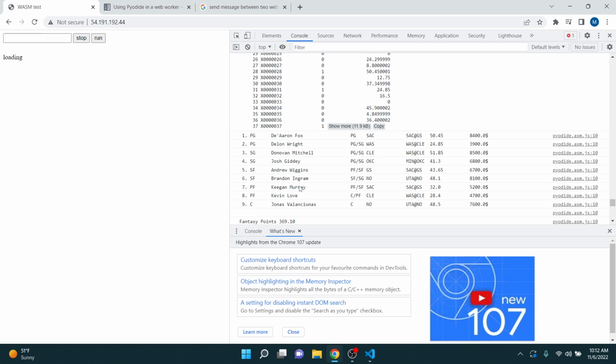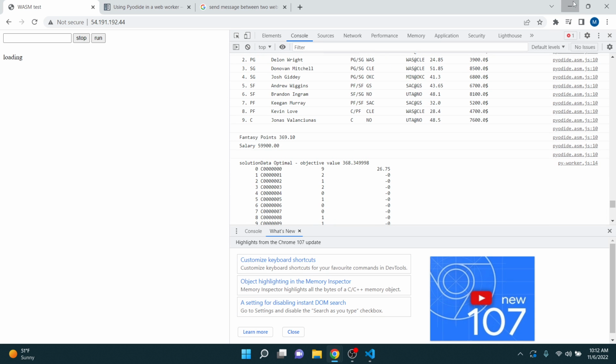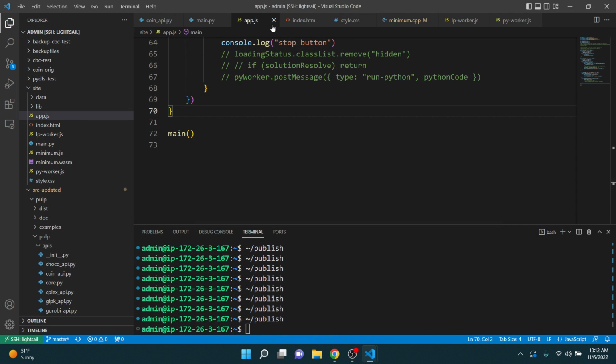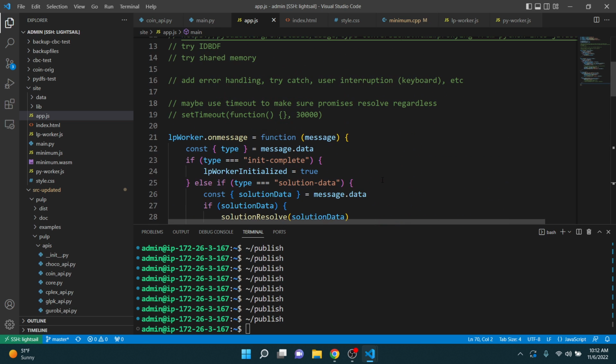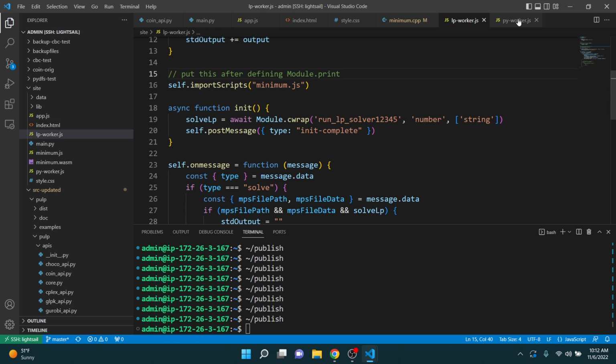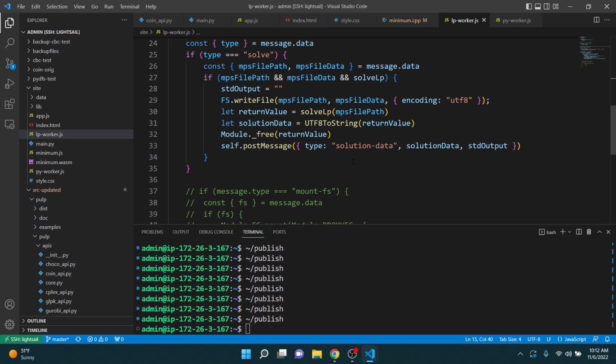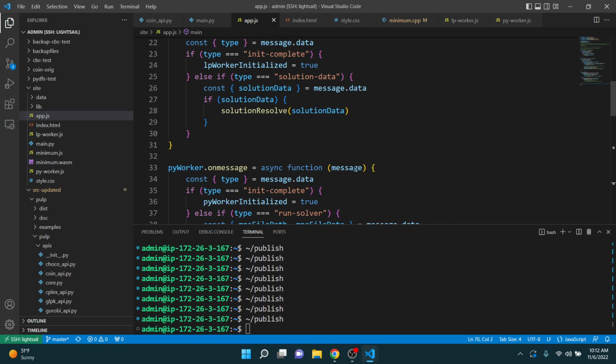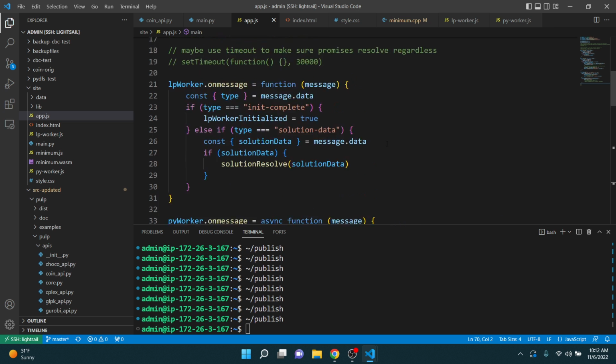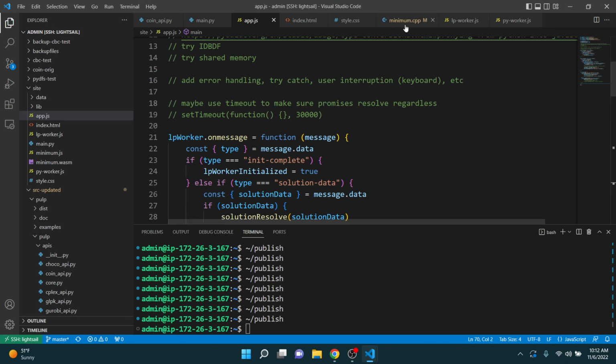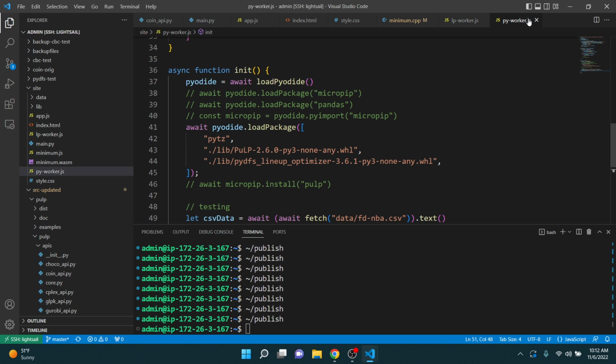What am I logging out here that I don't need? Solution data. So where's that log? I'm gonna get rid of that. It's actually working really nice. I'm pretty happy about how smooth it's working. Solution data. I think this stopping is the last major thing I'm gonna work on with this UI, and then I'll start working on the... No, because there is